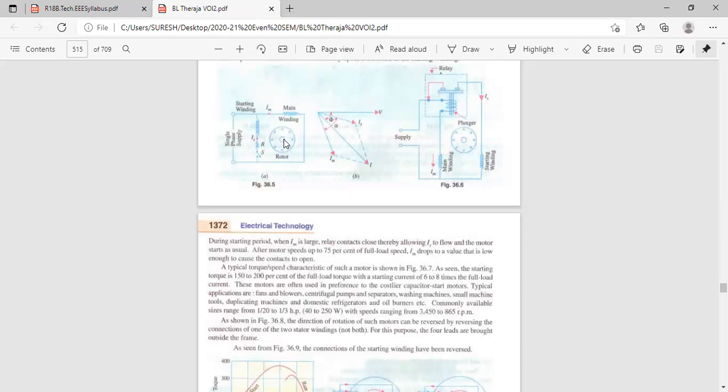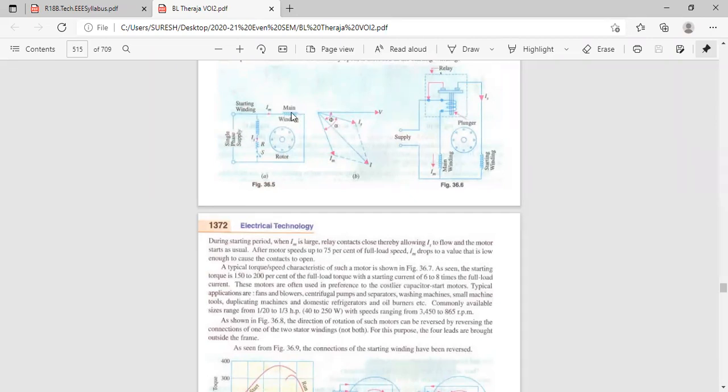With your hand, we will give the torque to the blades of the single phase induction motor, that is the fan. With the help of hand, sometimes it will be rotating initially. Then automatically it will gain its momentum and it will start rotating. Have you done this any time? Yes, sir. Okay. So initially the rotor will not rotate because we have only one winding.